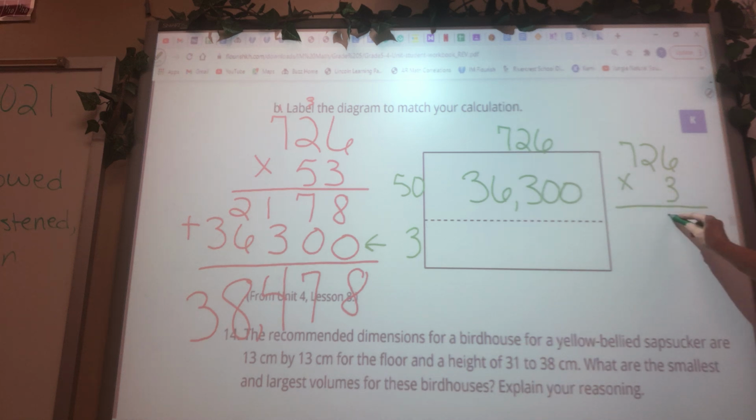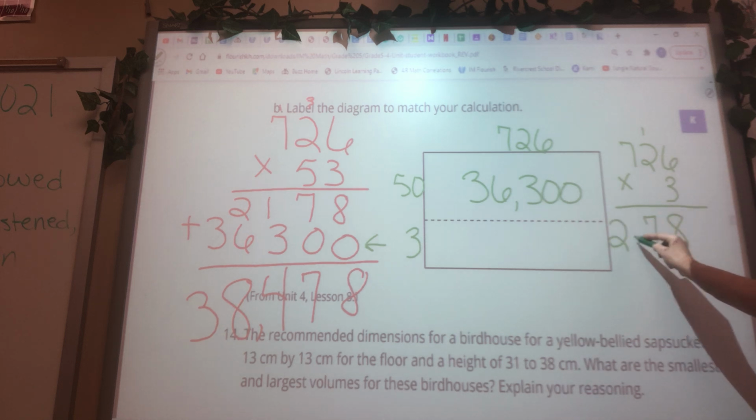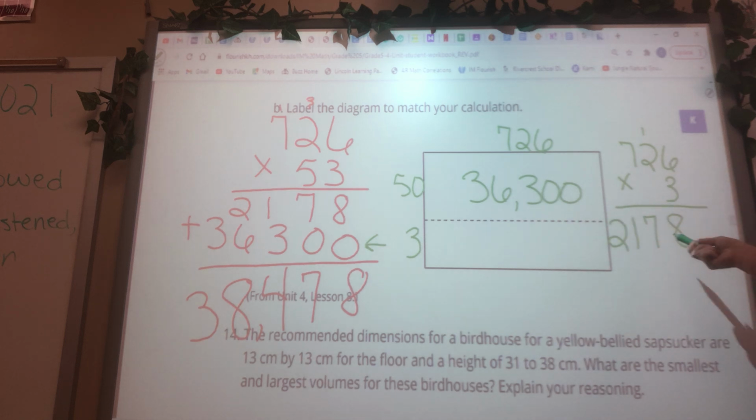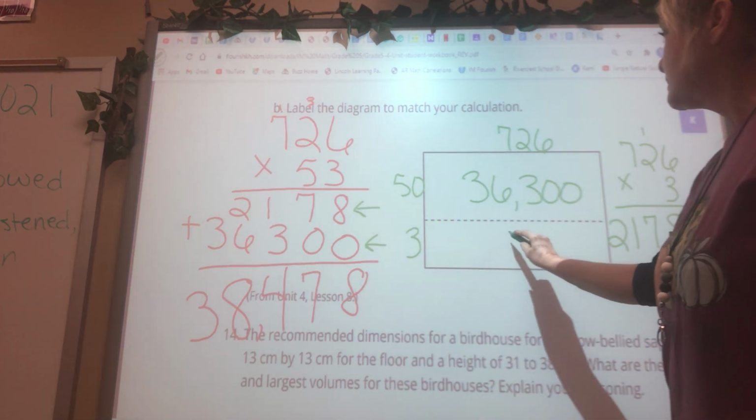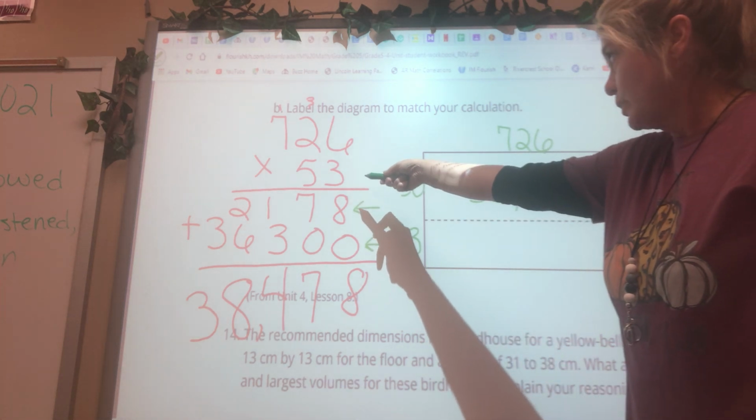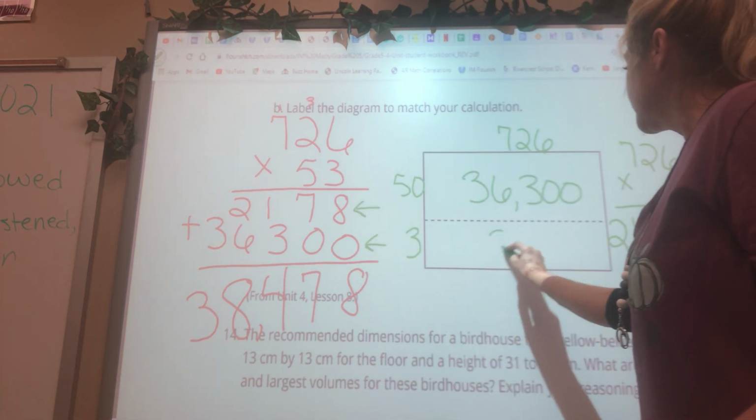3 times 6 is 18, carry the 1. 3 times 2 is 6, plus the 1 is 7. And 3 times 7 is 21. Do I see this number over there anywhere? Yeah. That's what I got when I multiplied my first number times 726. I got